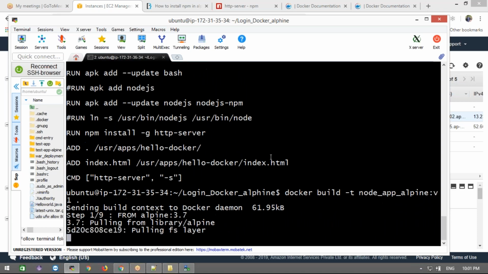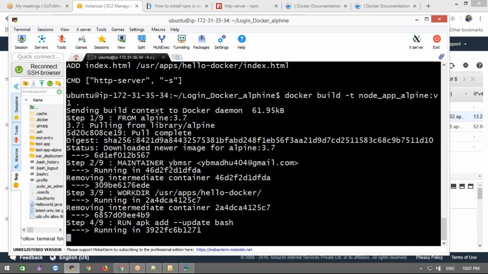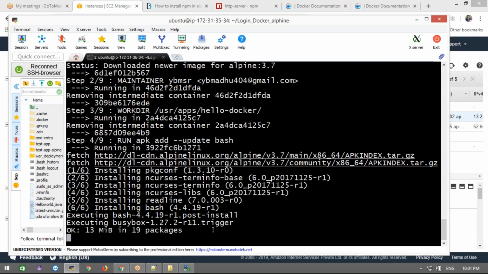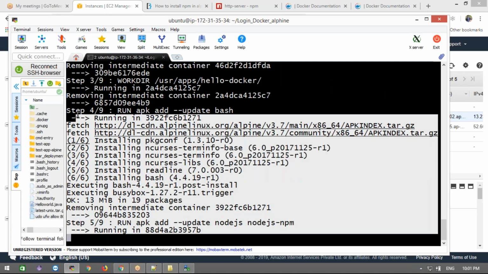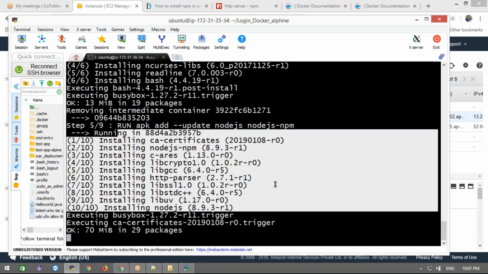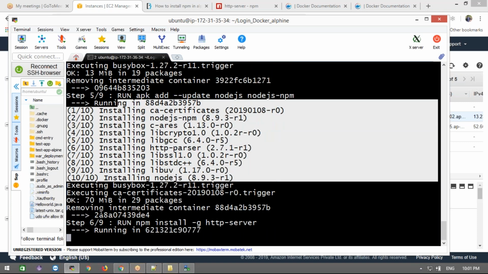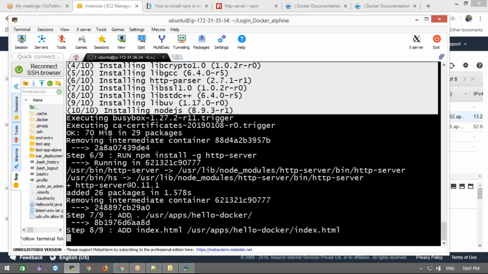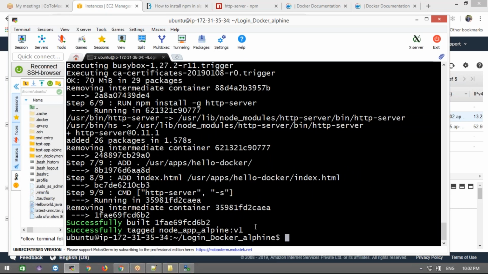See, the image is not there, right? This from alpine 3.9, it's not there. What it will do, it will download first, and then it will update our bash. It will install all the latest things, and then it was done successfully. Let's search with docker images, and then grep for what we need to get with the alpha. Just search with alpha.